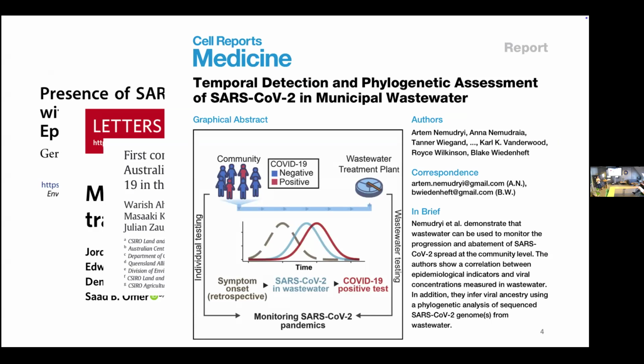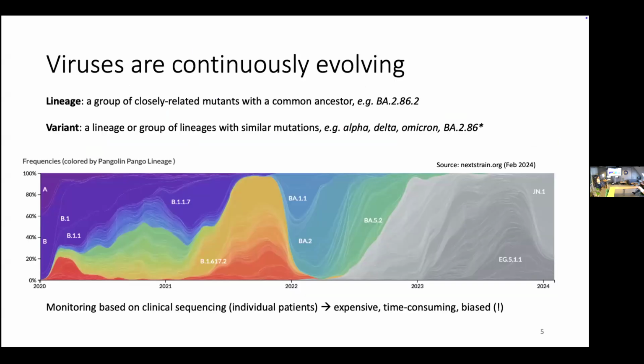And potentially we can even get an early warning signal, because in the wastewater, we see things before people get to the hospital and actually get sequenced, etc. So people can already shed the virus even before they have symptoms. So that's a nice aspect of working with wastewater data. So that means that you already know what to look for. And how is it then an early warning signal?